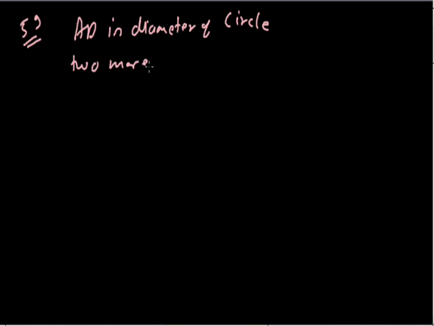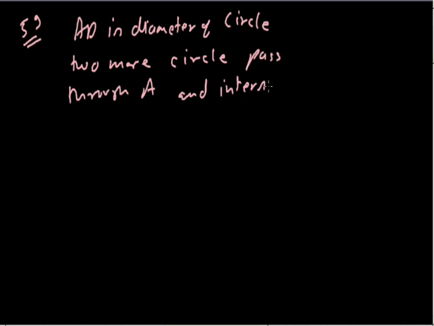In question number 59, it is given that AD is the diameter of a circle, and 2 more circles pass through A and intersect AD in B and C respectively,